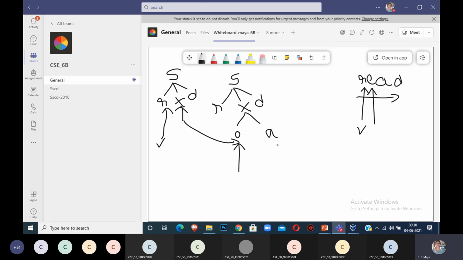Don't look at the next one. Next A is a match, A is a match, but first you have to match your E. Once E is matched, only then should you increment the pointer on both sides. But now I have a 0 here and an E here. There is no match between these. What to do? Then I have to look for other alternatives for X. Yes or no? We have to look for other alternatives for X.